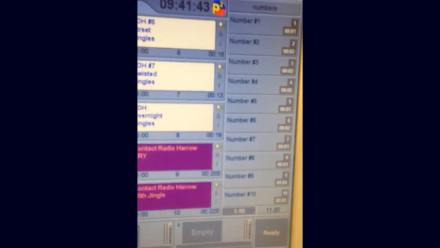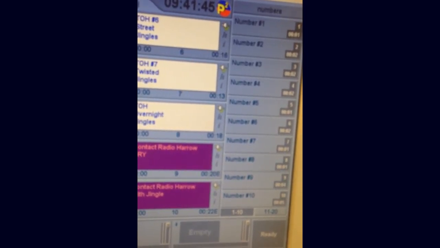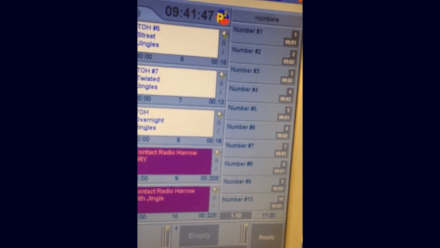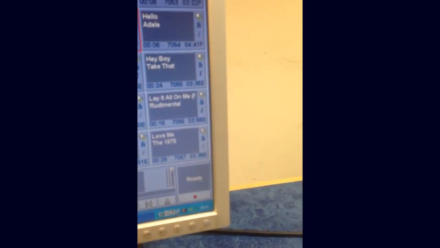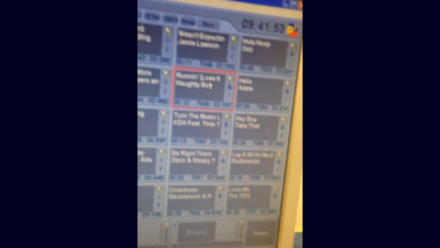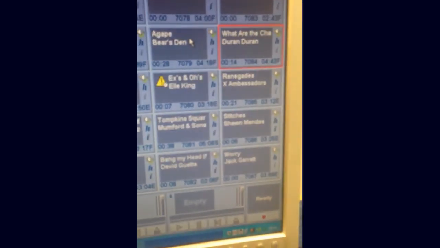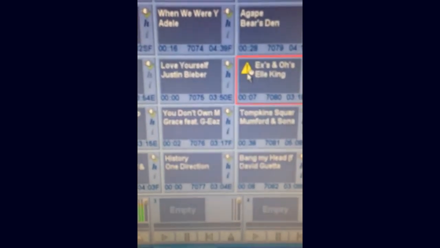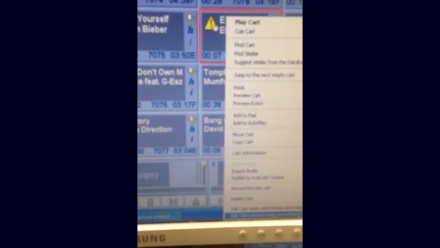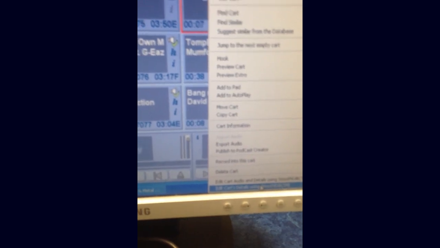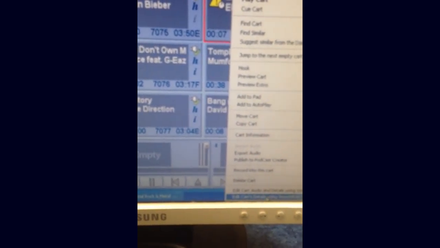So for instance, if I go to one that's not already done, so if I just go to A-list here, the ones with triangles means it's not done. So what I would do is go to edit cart using smooth edit, and then we've got a nice intro